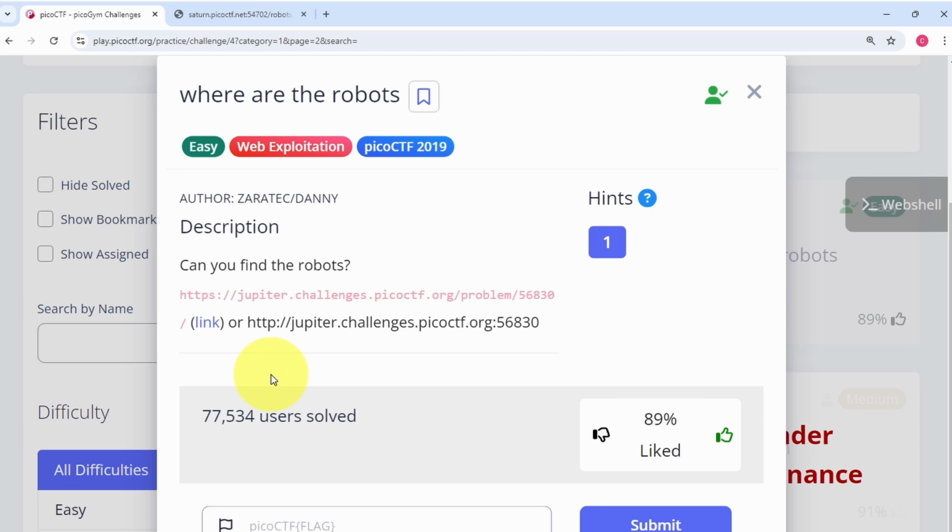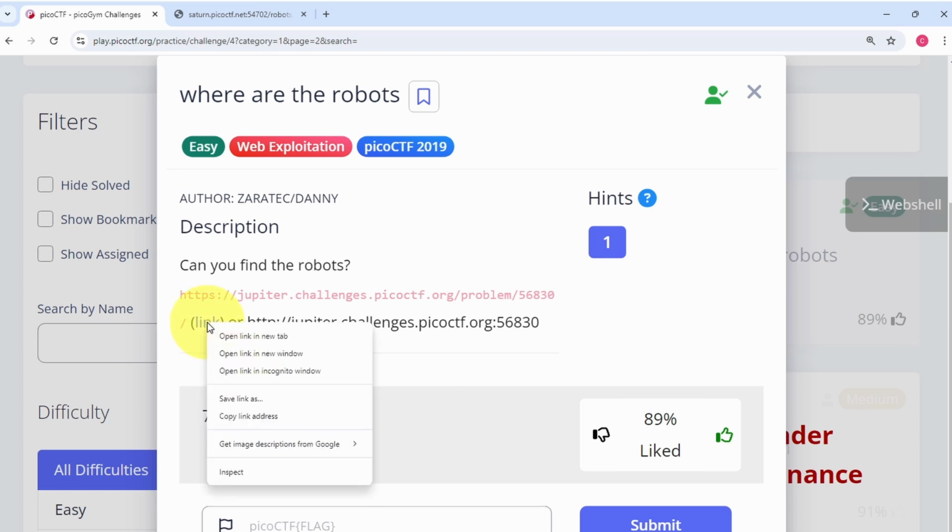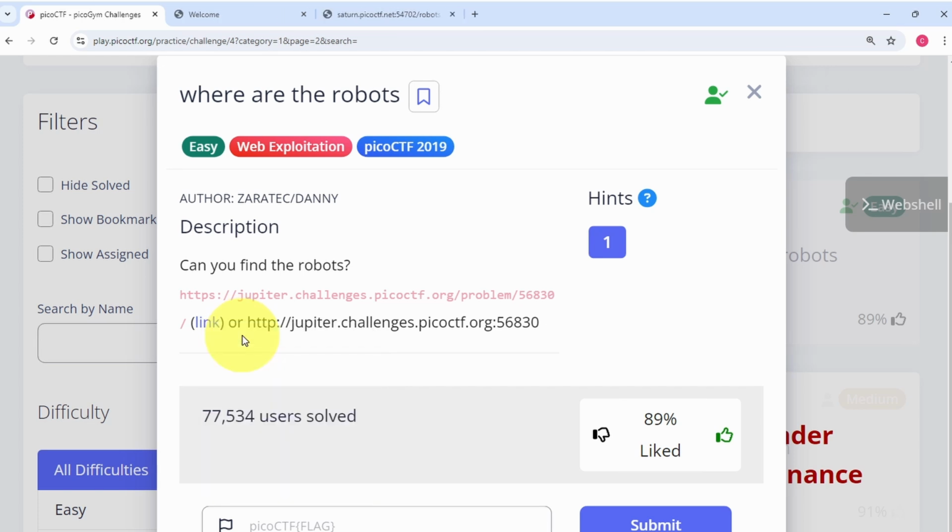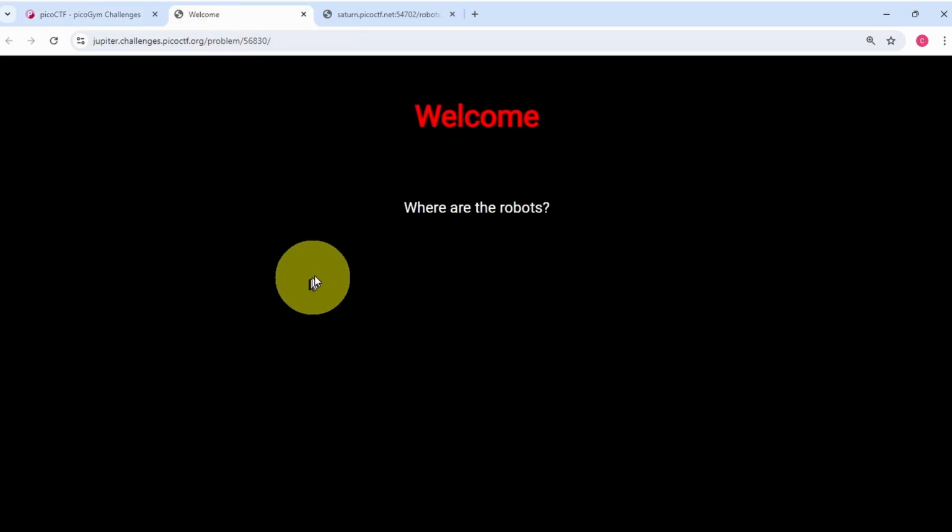So the first thing we need to do in this challenge is to access the website associated with the challenge. There is a link right here. So we can right-click this link and then select Open Link in New Tab. This is the best way to access the web page without closing out the challenge description over here. Okay, so we can tab over to the web page, and on the web page it says, Welcome, where are